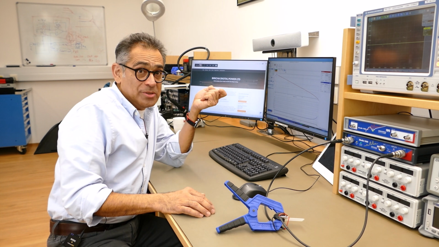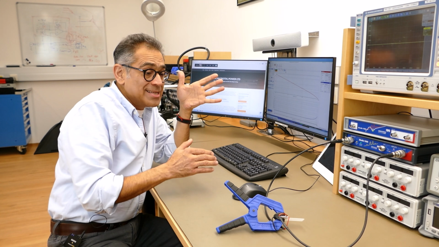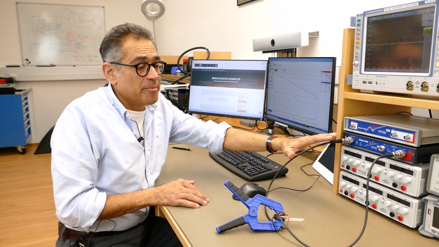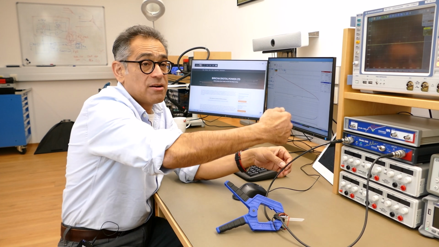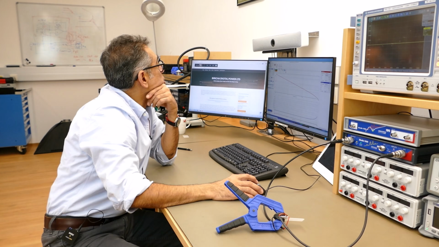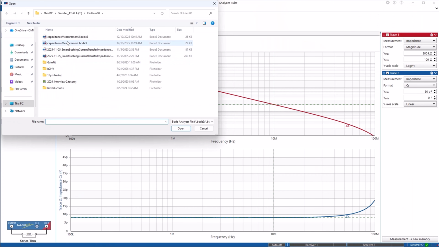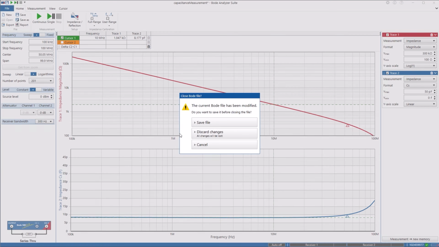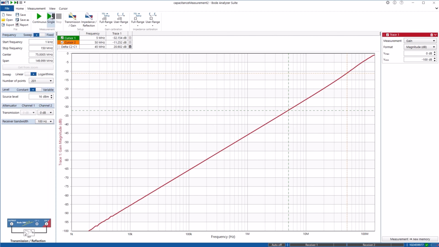Next, what I'm going to do is show the gain. In other words, when I inject a signal from here, how much of that arrives on the other side, which is going to get picked up. So let me quickly change my setup. I'm going to open my setting, which I prepared earlier. Okay, and now,